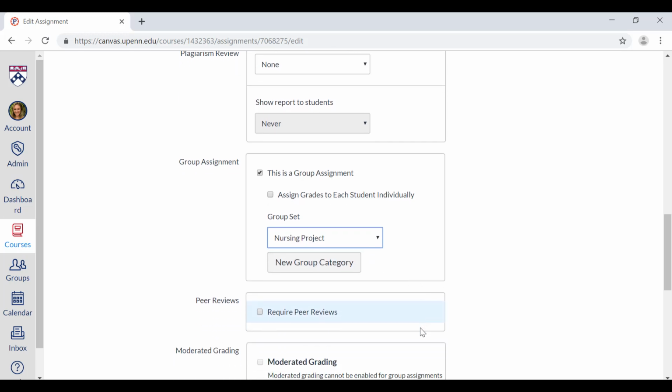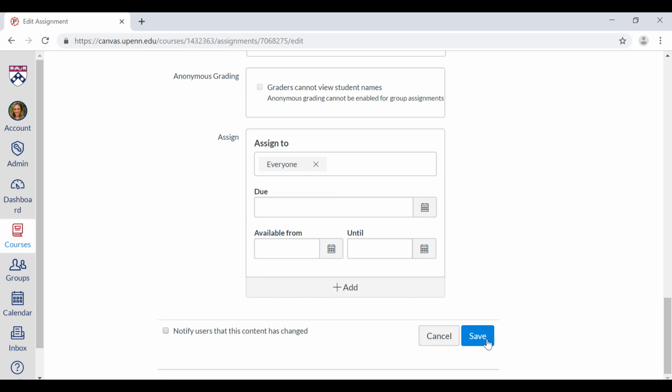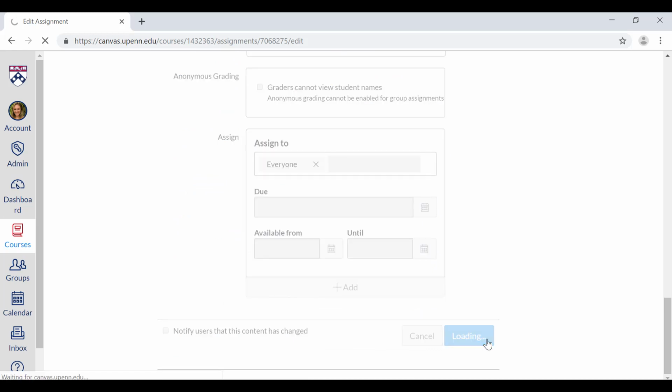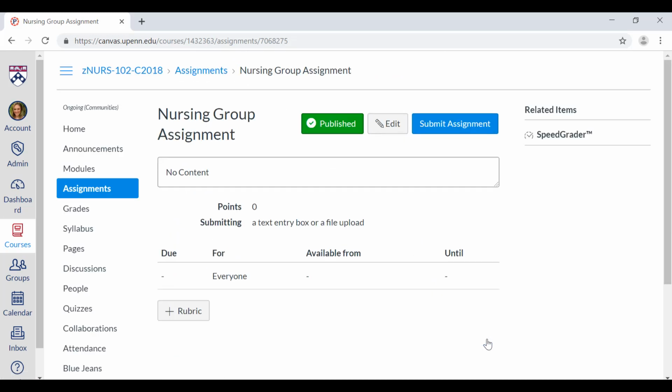Then save your settings, and the students will be notified of the group assignment rules. So for example, if you set it so all students in the group receive the same grade, the student will receive a message that the submission will count for everyone in the group,